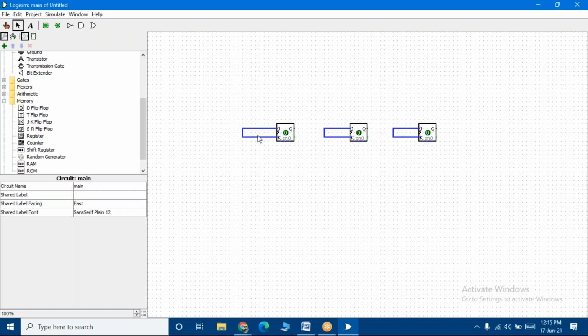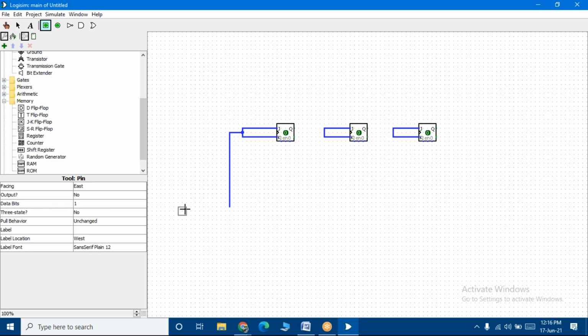After shorting it, now let me give all these inputs to a common input. I have to make this J and K high, right, students? The J and K inputs have to be high. So I short the J and K for all the 3 flip-flops, take this input and place it here. This has to be made 1. Let me first do the connection and later I'll tell you how.